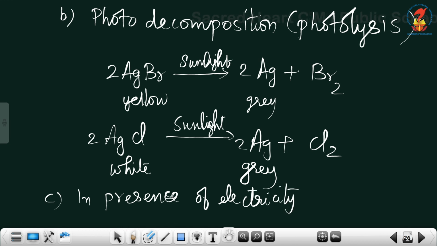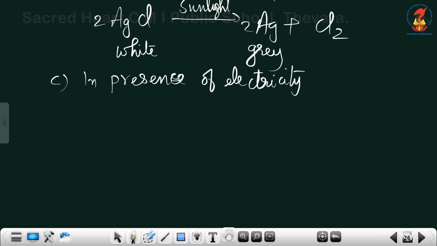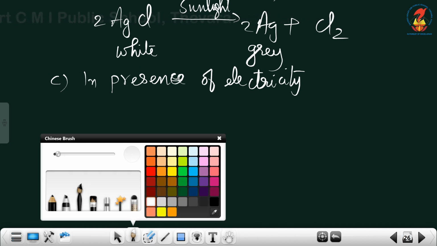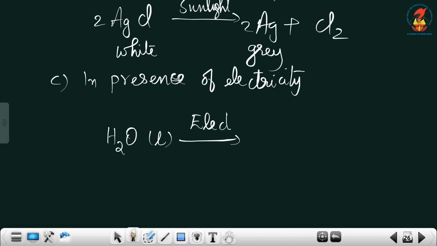In presence of electricity, if a decomposition reaction is taking place, then that is known as electro decomposition. For example, when we are passing electricity through water, which is in the liquid form,